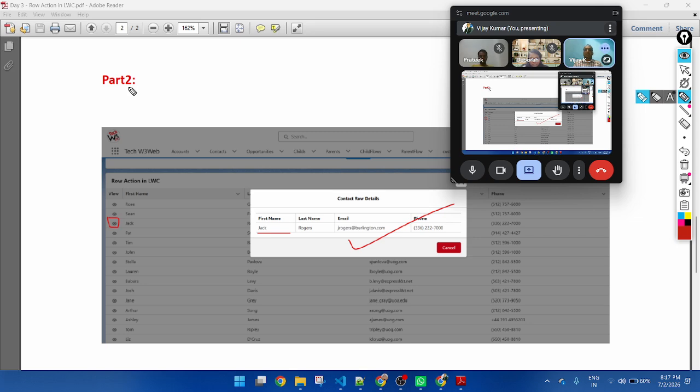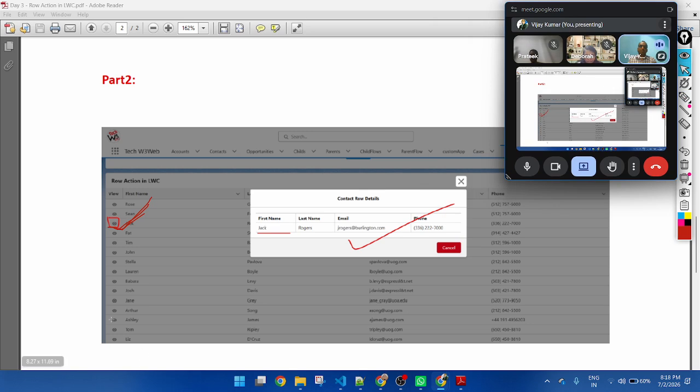In the second part we will learn what happens whenever you click on the button. For example, whenever I click on this button, the selected row of data, this row of data, first I will open a modal pop-up. Inside the modal pop-up, I will display the selected data here. So you will learn how to create a modal pop-up as well in the second part, and how to create content inside the modal pop-up.